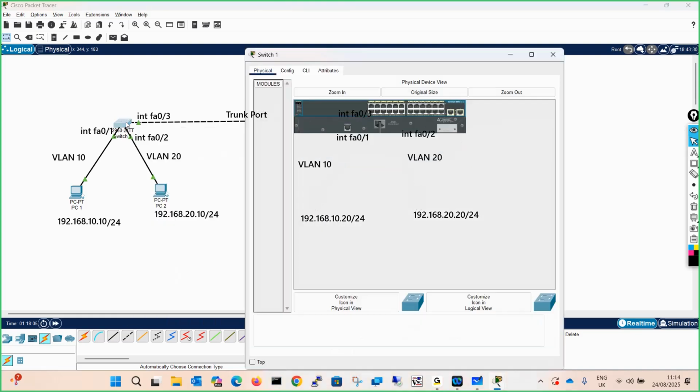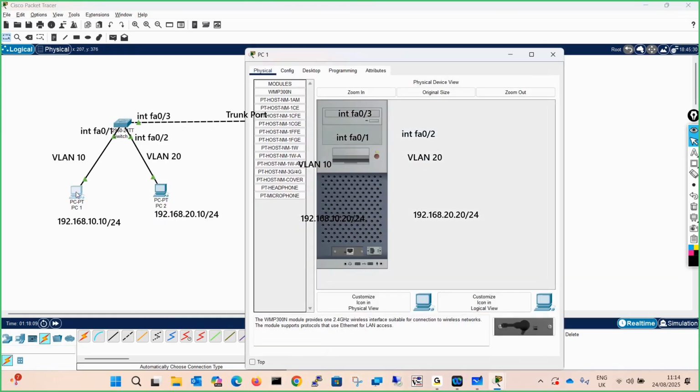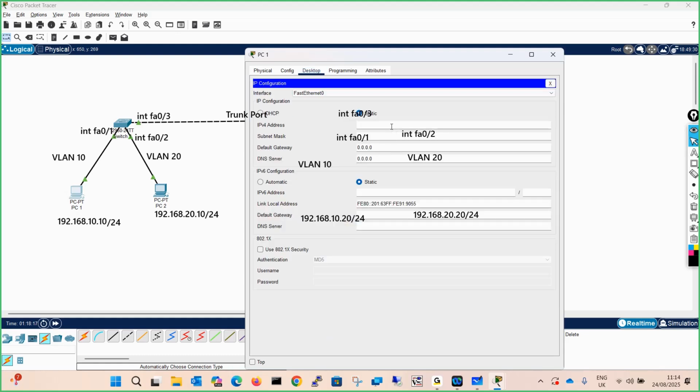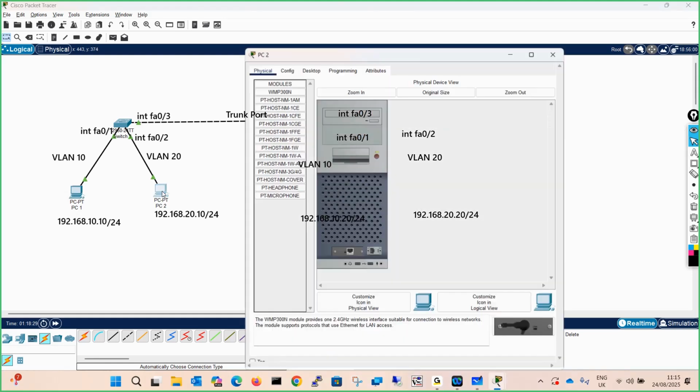Before going to the switch, we need to configure the IP addresses as per our design in all the PCs. Go to desktop, and over here in IP configuration, I will enter 192.168.10.10. I will close it. I will go over here, it is 20.10.